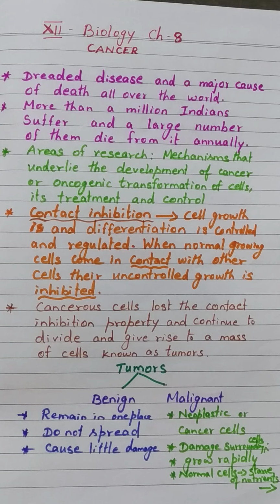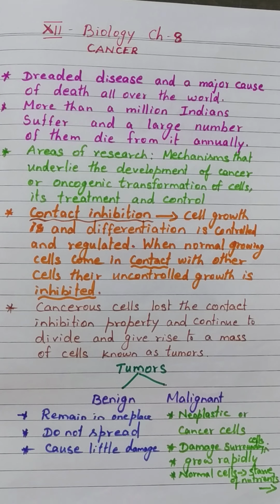Last class we studied one dreaded disease. What is that? Yes, it is AIDS. We studied how it spreads from one person to another and how it replicates inside our body. What are the measures taken by WHO to prevent the spread of the disease? All these concepts we studied under the heading AIDS.